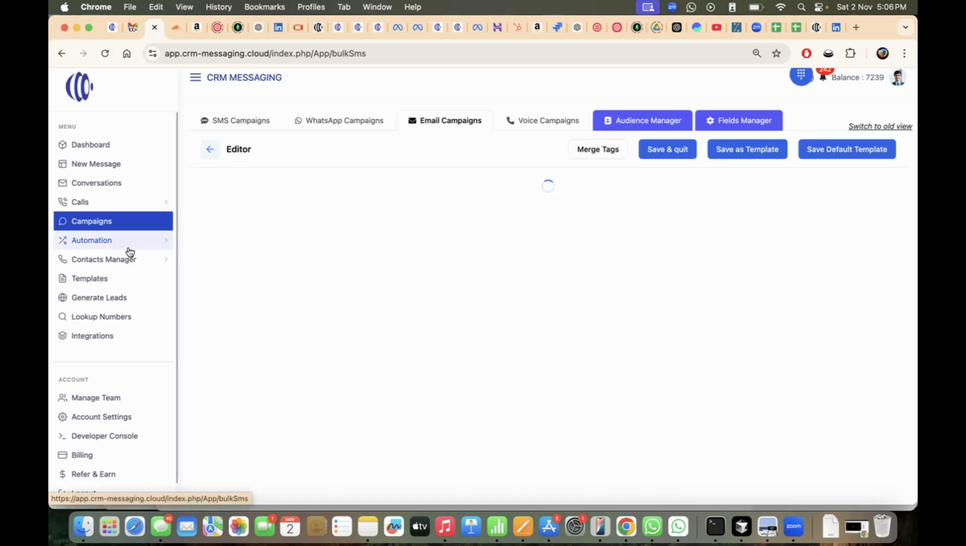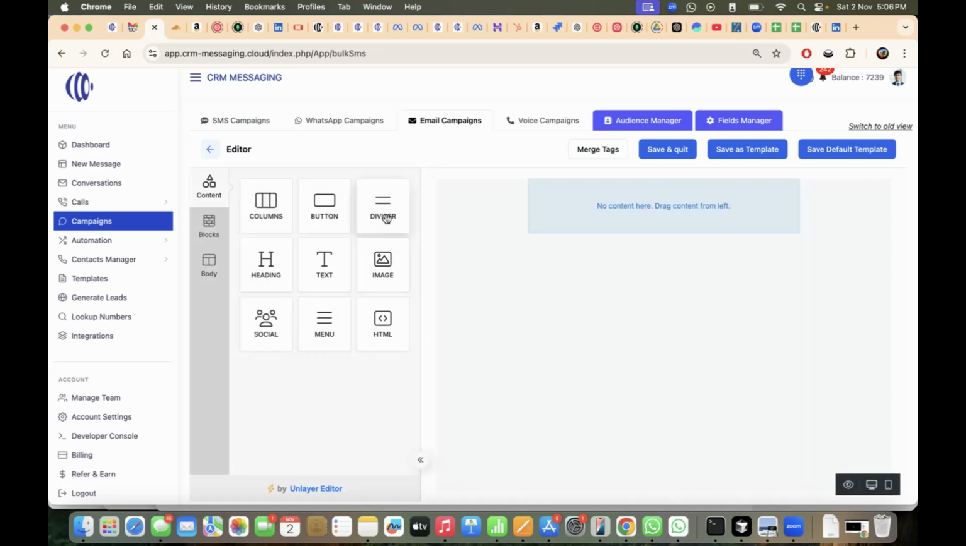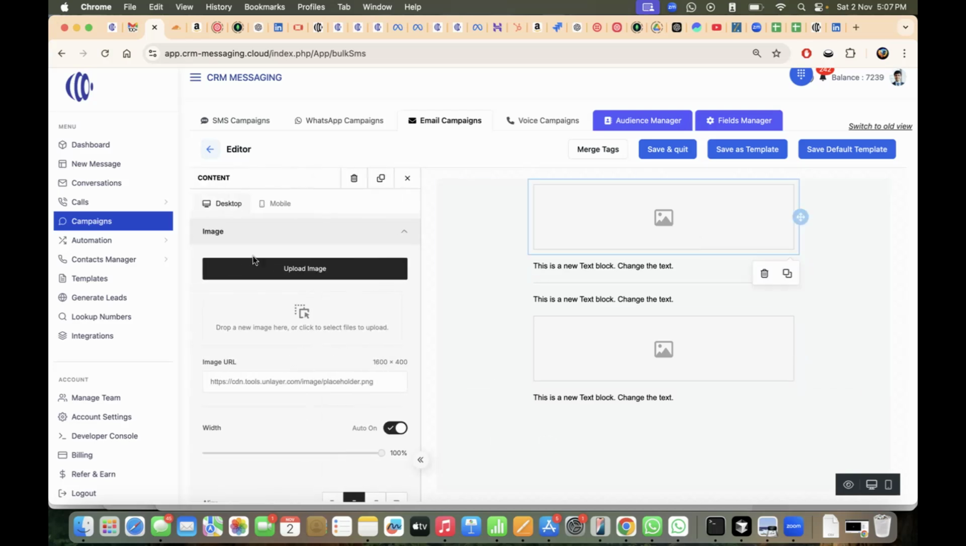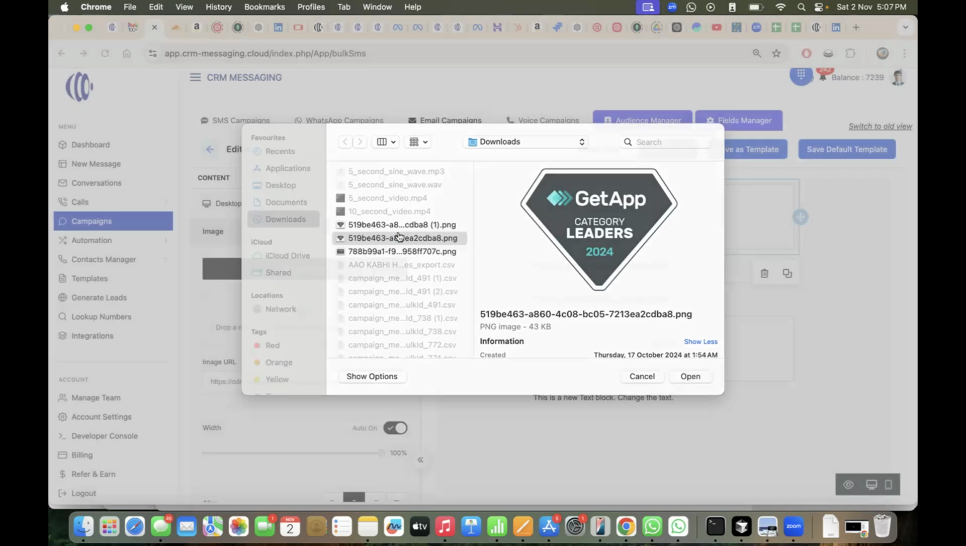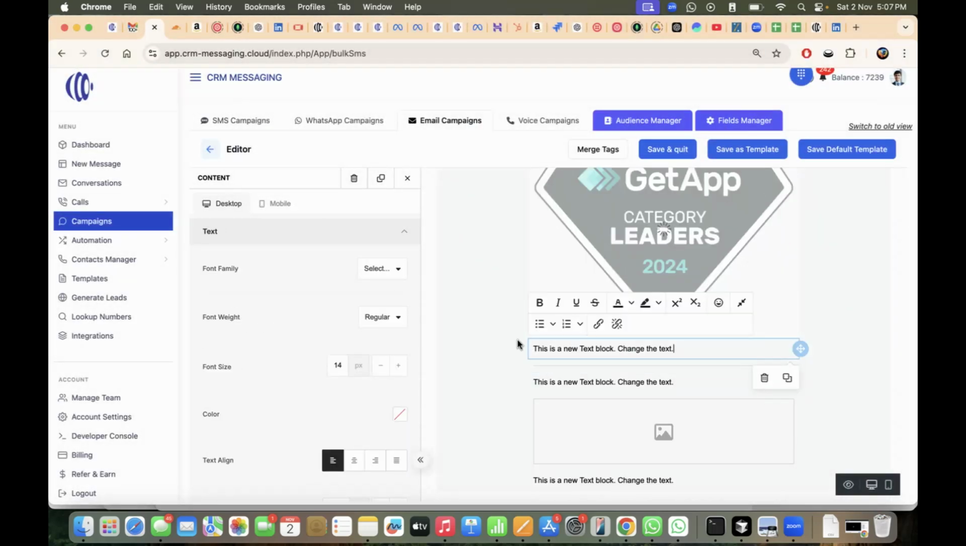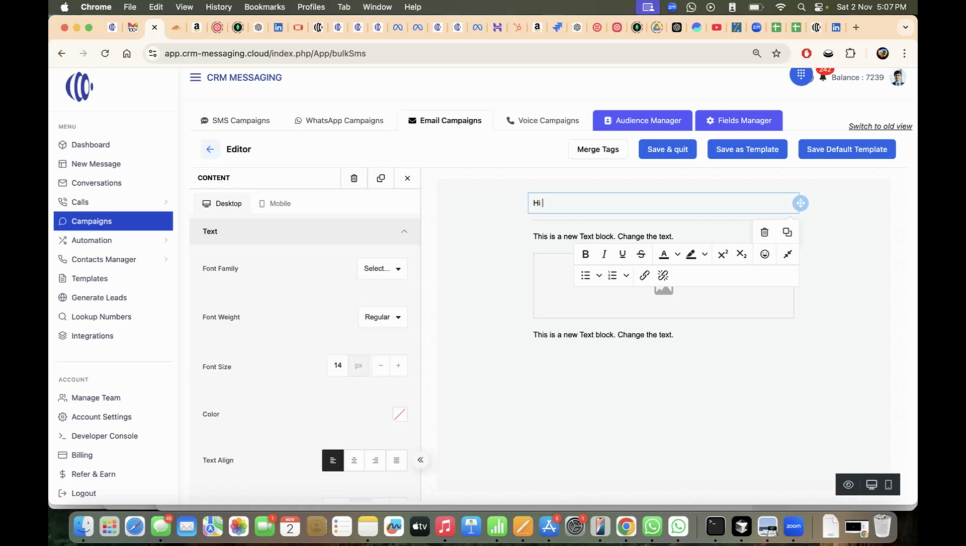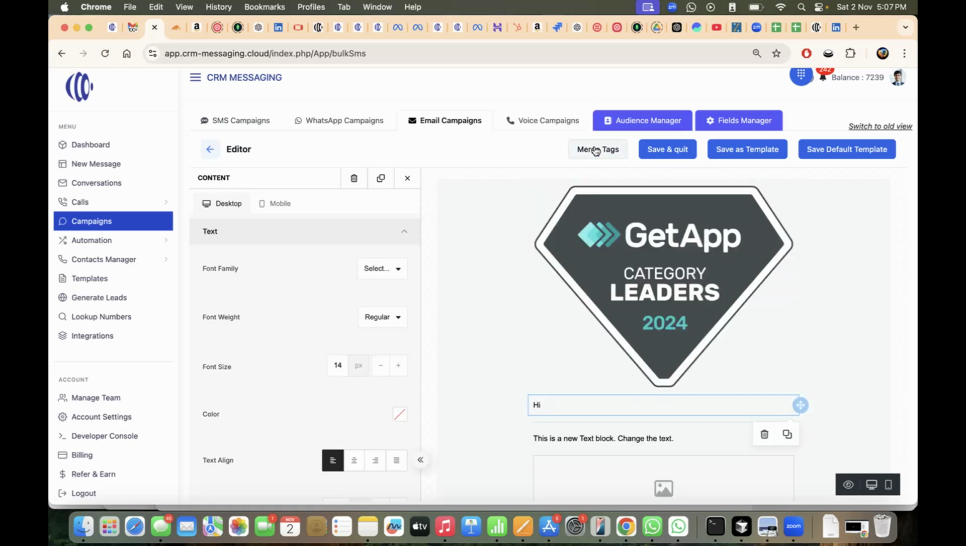I'll use block editor. I will add few sections like image, text, and divider. Then again some text, image, text. So I'll just upload the image over here and update the text over here. I can include merge tags like first name,